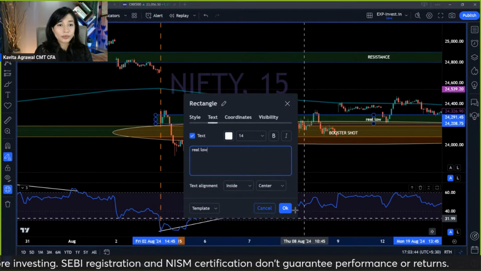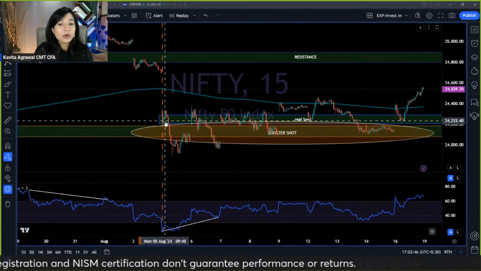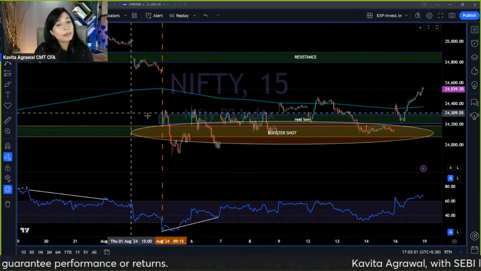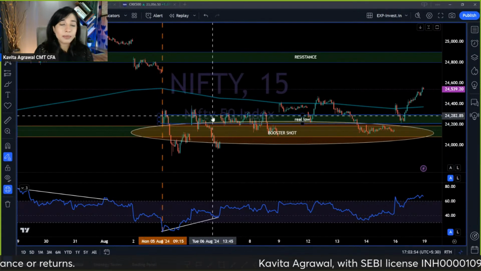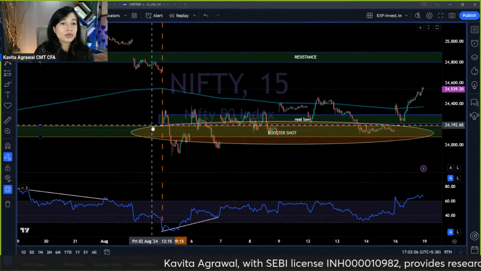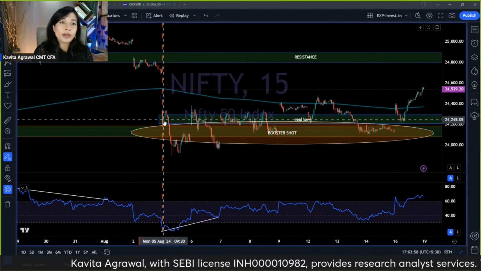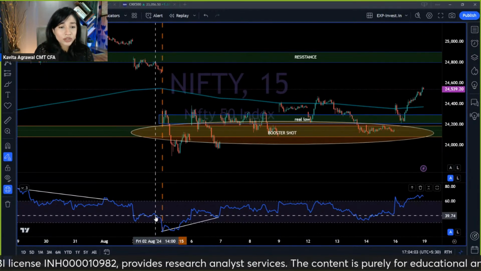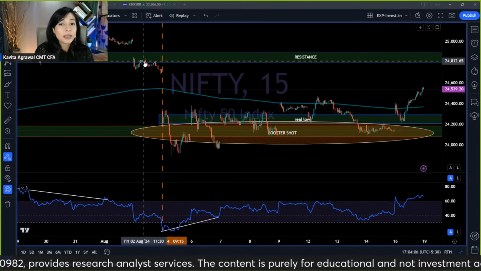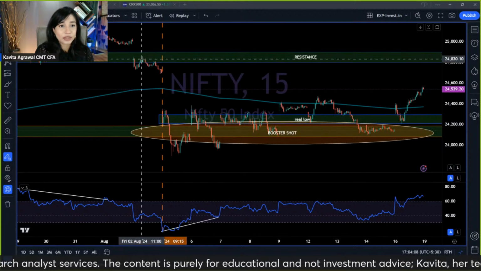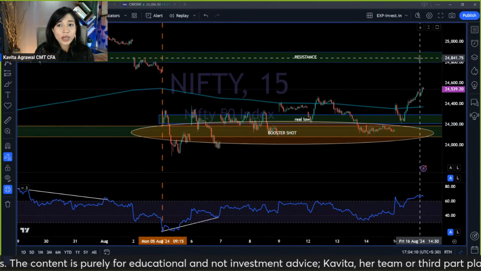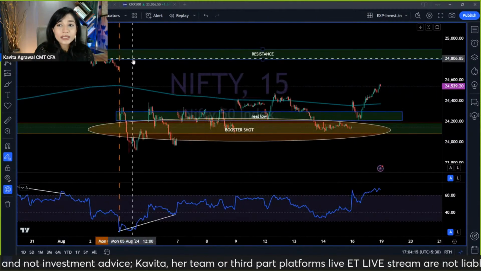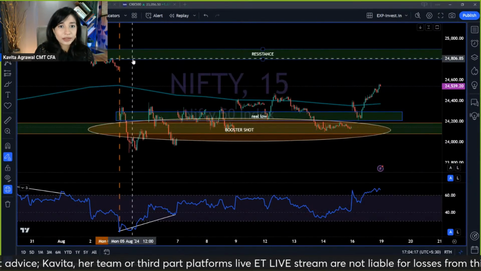So real low. Now, this real low actually acts as a very good resistance or support when the price wants to come up. And typically what I've seen is that if this real low gets breached and the price continues to move upward, then the base of this real low becomes the next resistance. As per this chart itself, this low was forged out of this tiny little peak. So this becomes the base out of which my real low got established. So now the price is going upward. I am expecting at least this level to get reached in the market. What is this level? It is around 24,800.